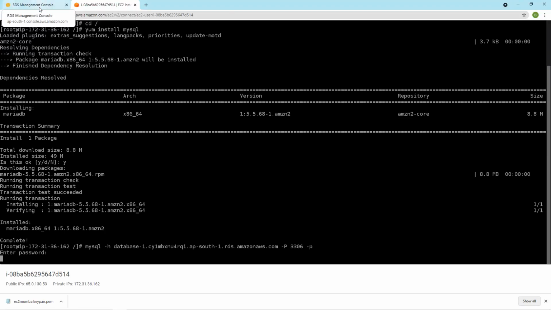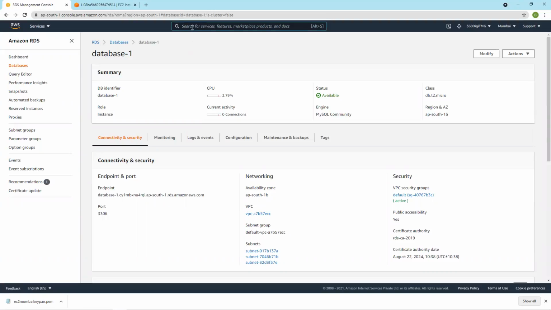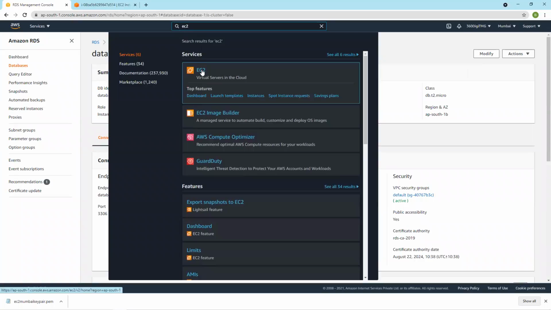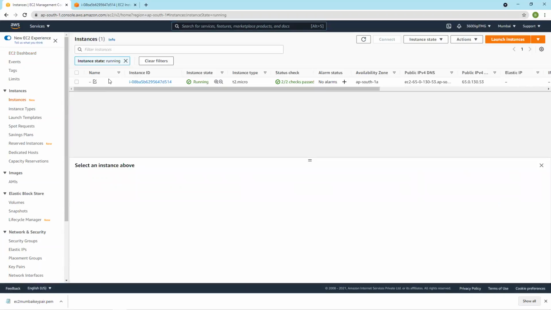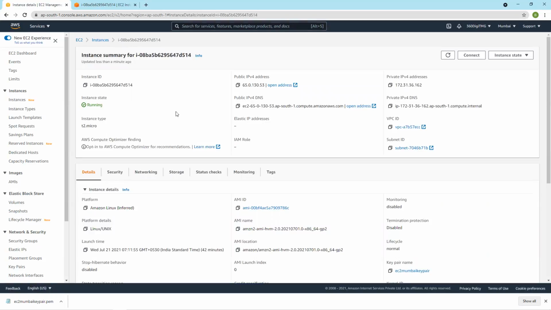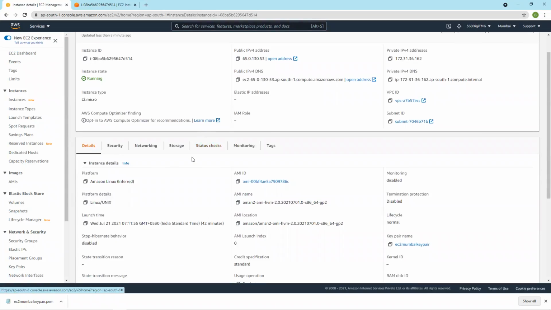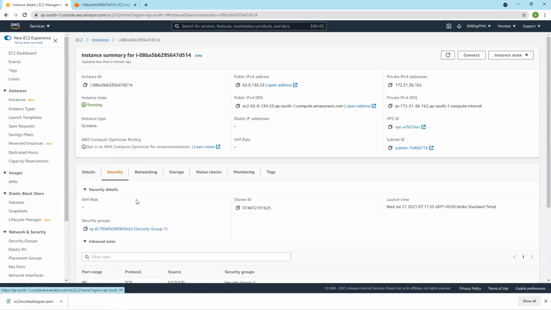Why is it not coming? We have added, go to EC2, security.